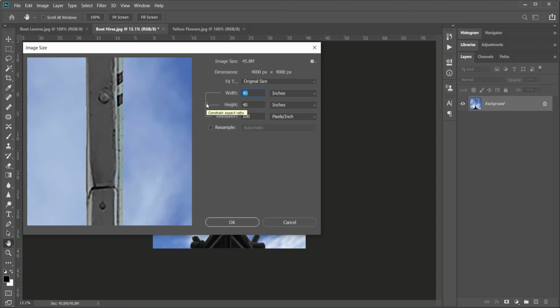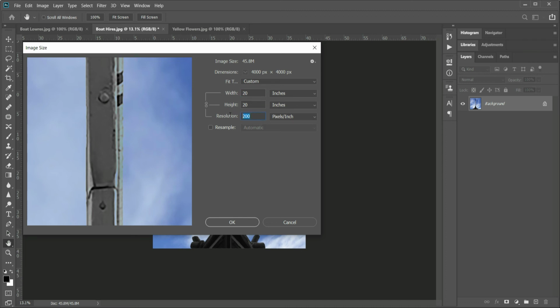Ignore the resolution above for now and imagine you have a printing machine that can print this image in a sheet of 40 inches in width and 40 inches in height at a resolution of 100 dpi. If you change any of these factors, for example, instead of a 40-inch sheet, you want to have this printed on a 20-inch sheet, both width and height, then the printer has more capacity to print higher DPIs, that is dots per inch, and the image size will increase proportionately.